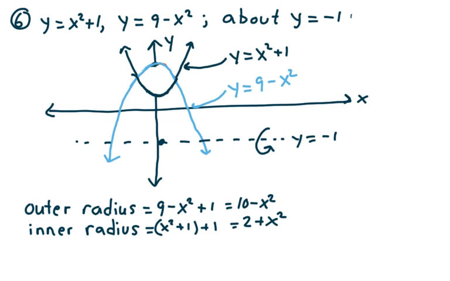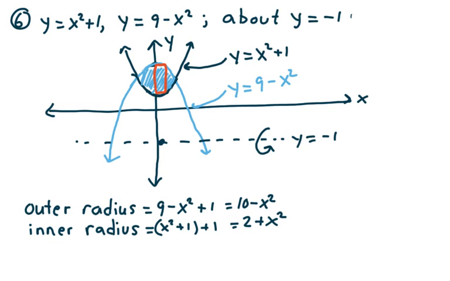So y equals x squared plus 1 is a parabola, and it's in black. Y equals 9 minus x squared is another parabola in blue. And the region is this shaded piece right here. And we're rotating that region about the line y equals negative 1. And so what I want to do is draw a typical rectangle in that shaded region. So if we draw a typical rectangle here,